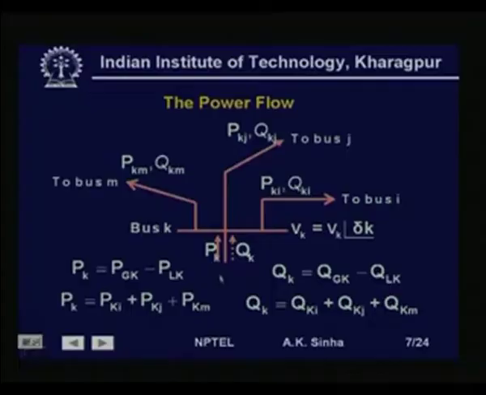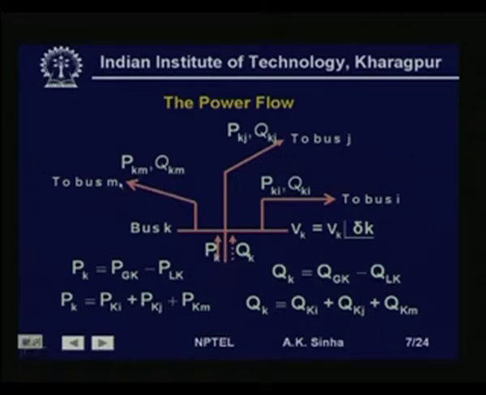So, if we see here, we have injections: real power injection Pk and reactive power injection Qk, and as we have said, Pk is equal to Pgk minus PLk and Qk is equal to Qgk minus QLk. Now, we have three lines connected to this bus bar, one going to bus i, another going to bus j, and the third one going to bus m. Now, these lines will be carrying power Pki and Qki to bus i,